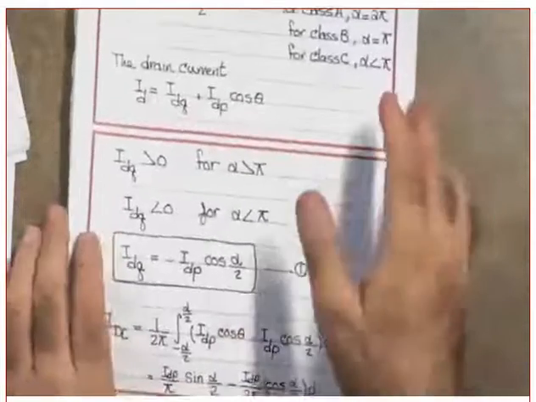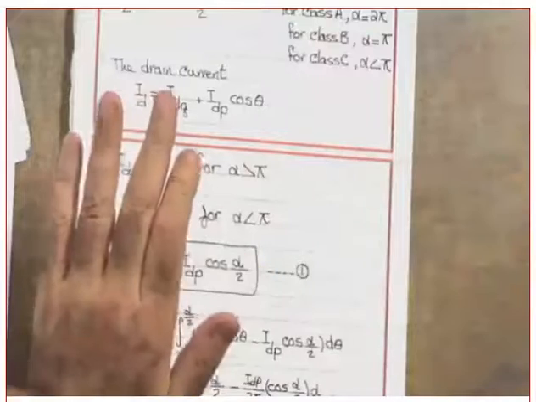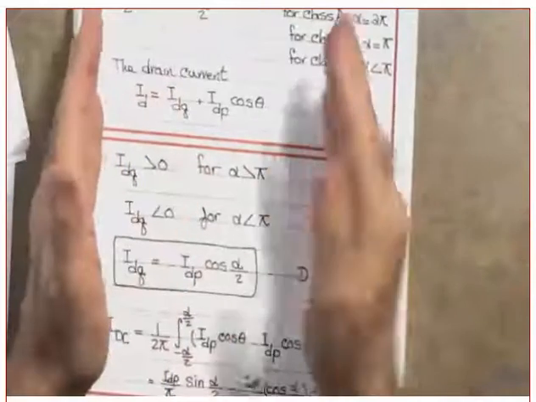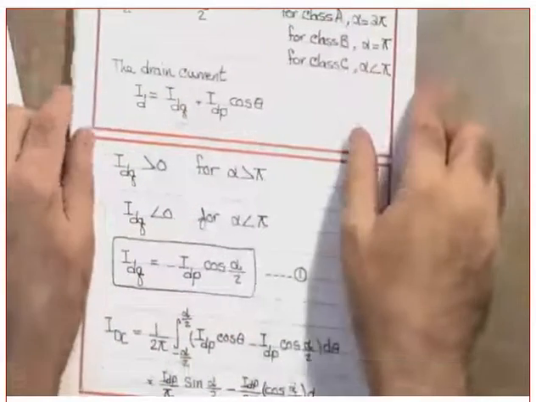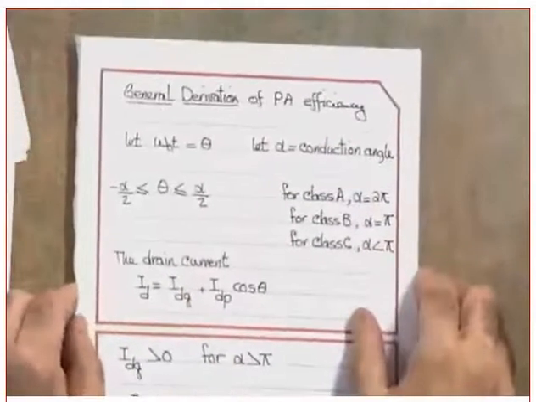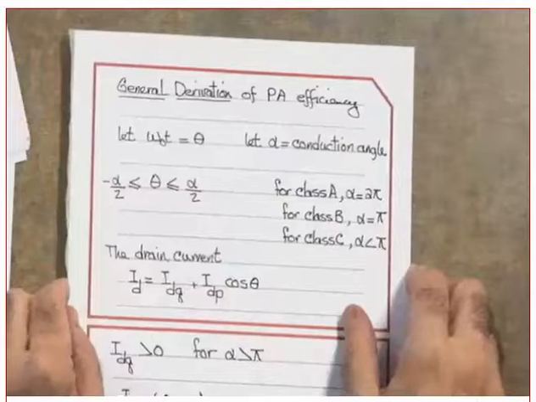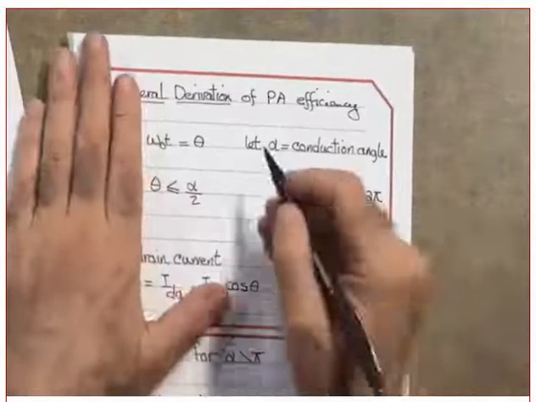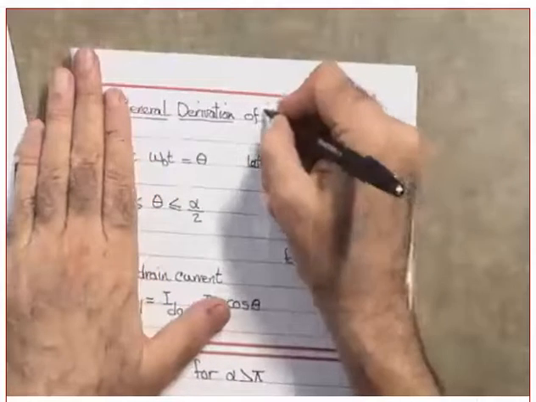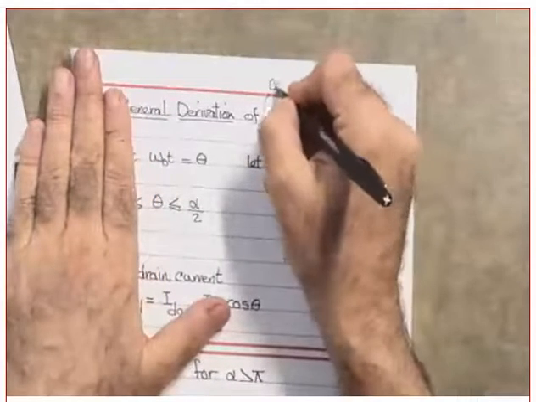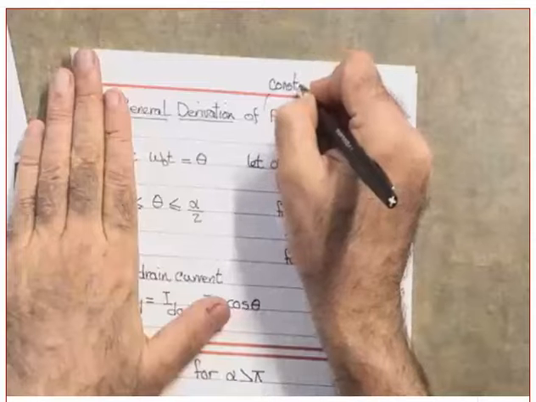Let's set up the general equations. So in other words, this one applies to all of them. If we did not go through just this one here, we would get the same result, as I will show in just a second. Let's see if you can help me. So this is the general derivation of a power amplifier's efficiency. Remember, when I say a power amplifier is the what? Is the constant